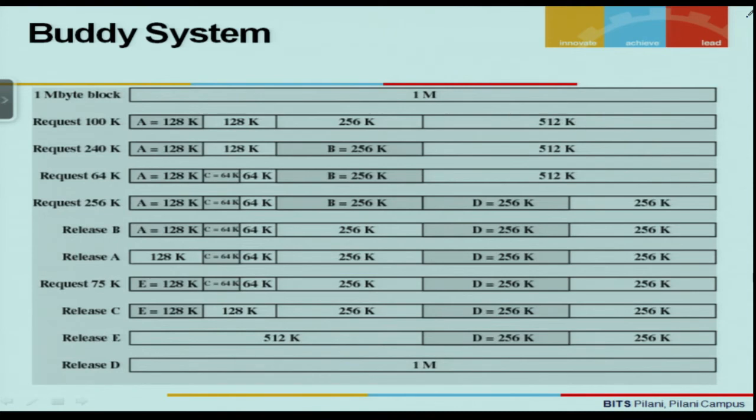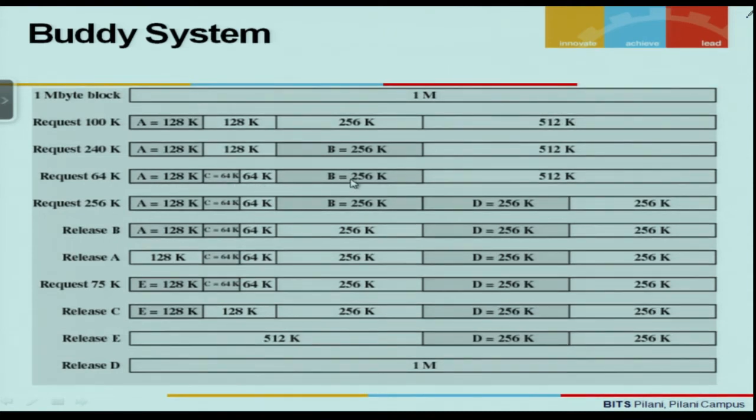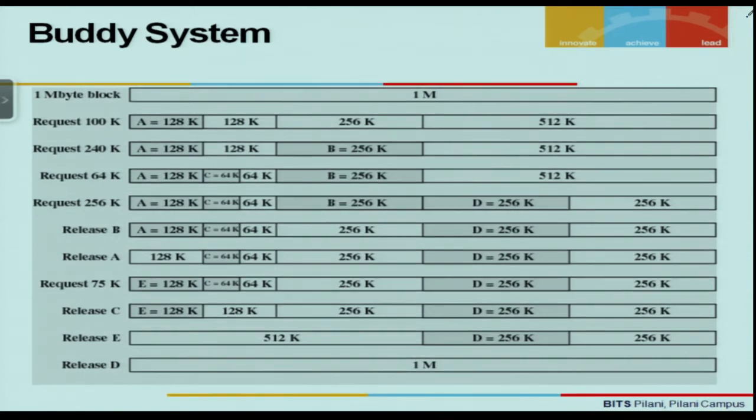So in case of a buddy system, we can very clearly see that it's a technique where the memory is dynamically allocated, and as and when the memory is freed up, we would find that automatically the holes get combined to form larger holes. So this would, to a certain extent, avoid external fragmentation or shortcomings faced by static and dynamic partitioning.